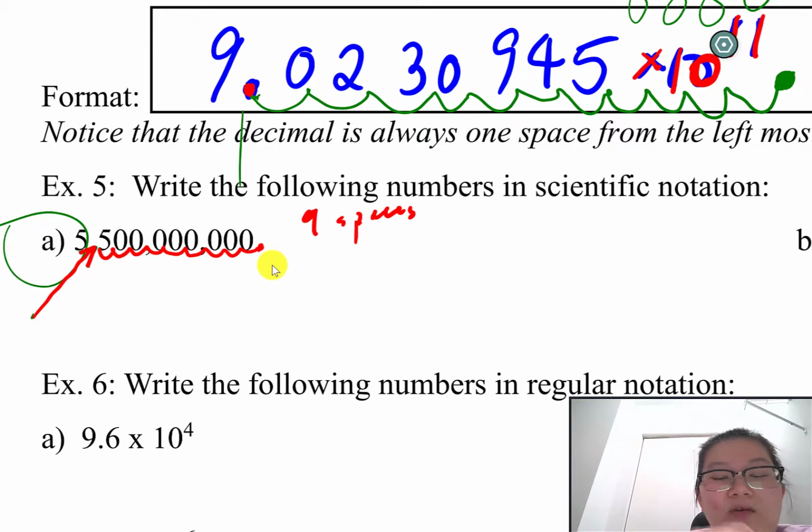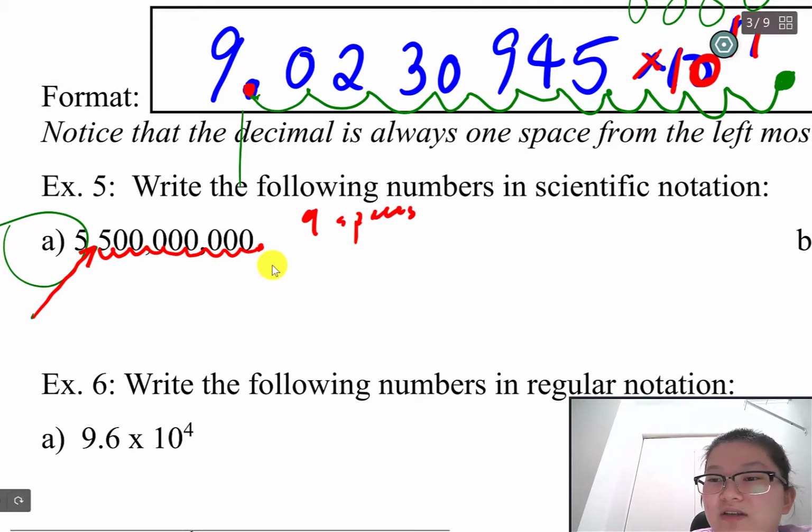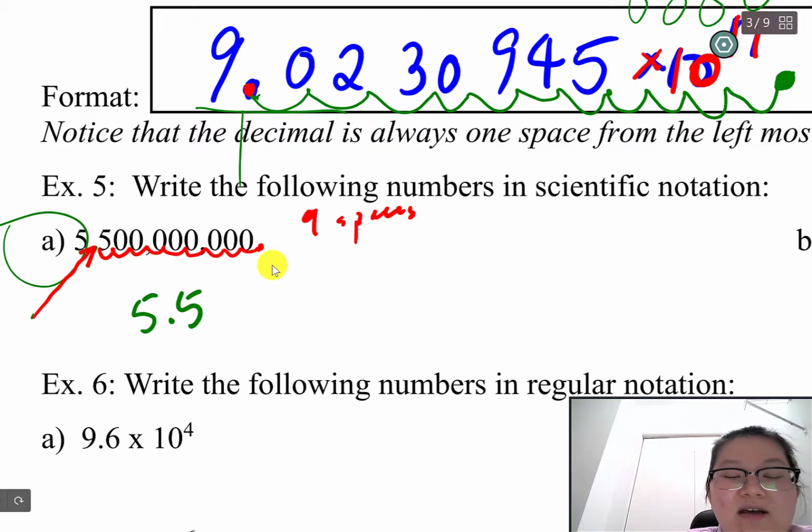And then when I write my scientific notation, I always have to write the proper form of it. So that just becomes 5.5. And I don't need to write in all those zeros, so I just write 5.5 times 10 to the power of